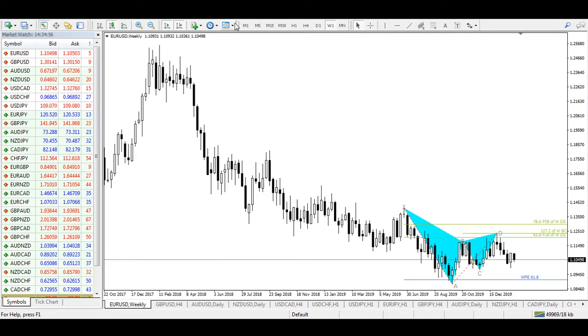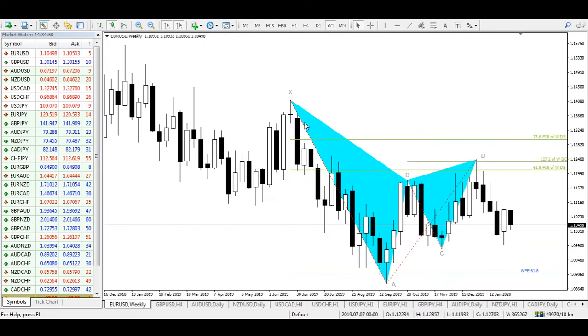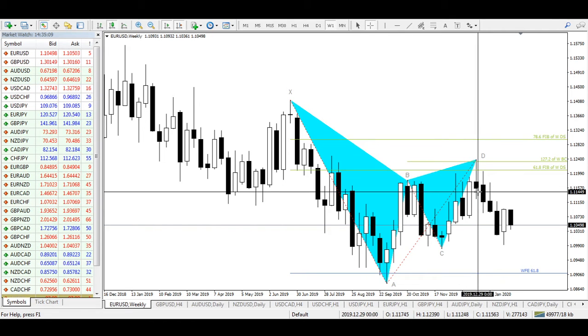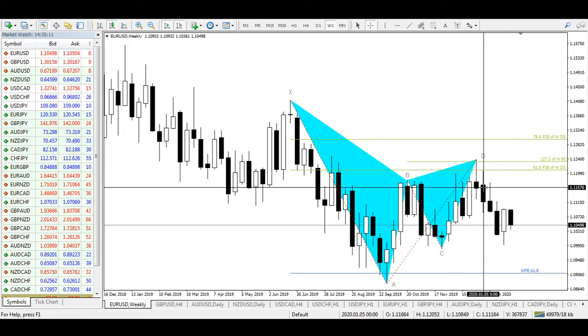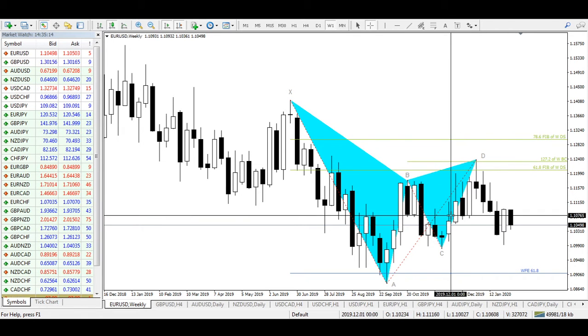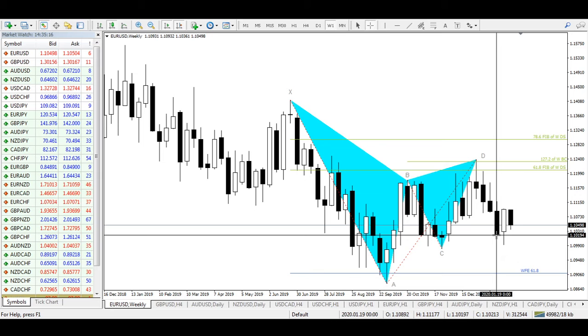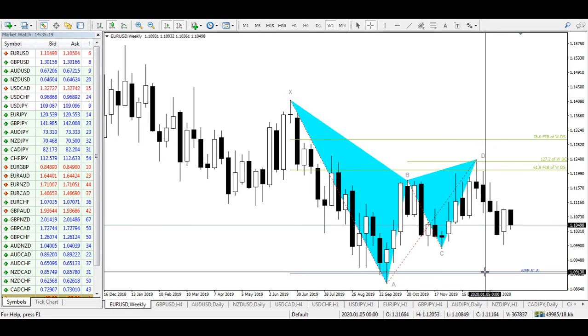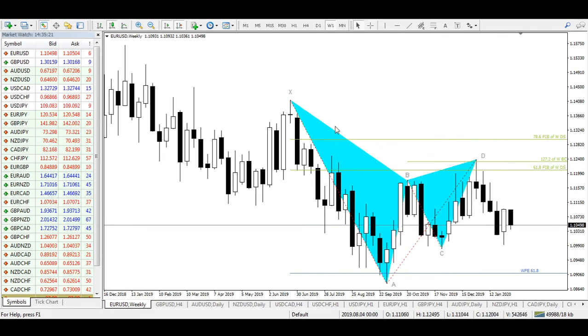Now I'll go to this weekly time frame to make you recall about this bigger picture. This is the bearish Gartley on weekly time frame, and I had identified this already at the beginning of this year, and since then market is falling. So this is prevailing, and this is giving me the confidence to sell again. And the initial target of this bigger pattern, which will be further counted from this point, and this will be the bigger A, B, C and D to the downside, and 61.8% extension is